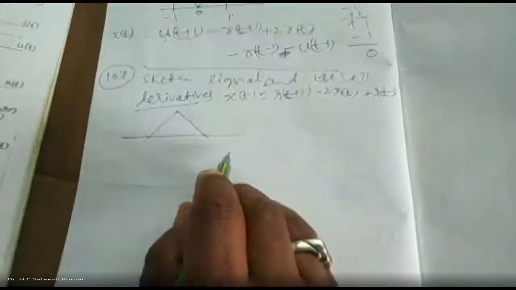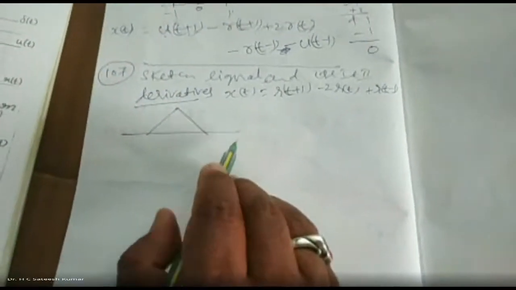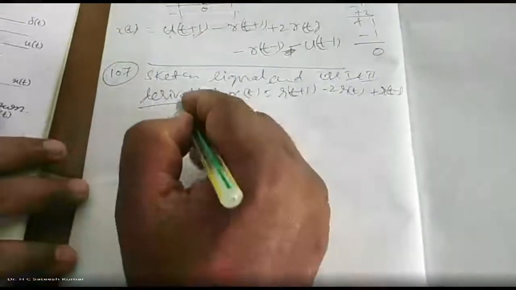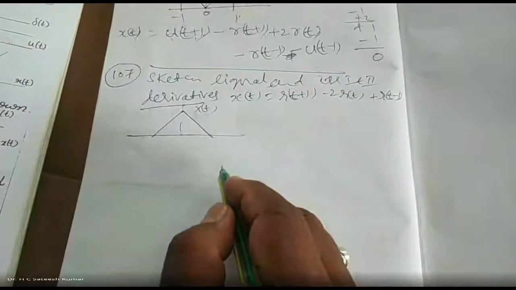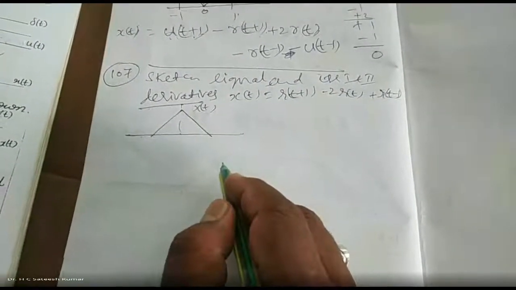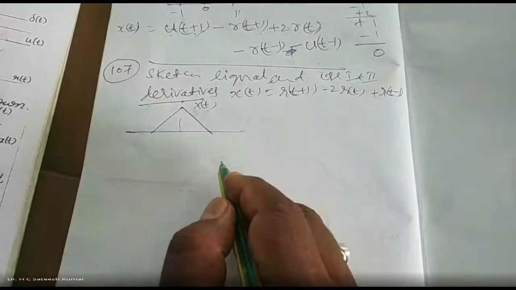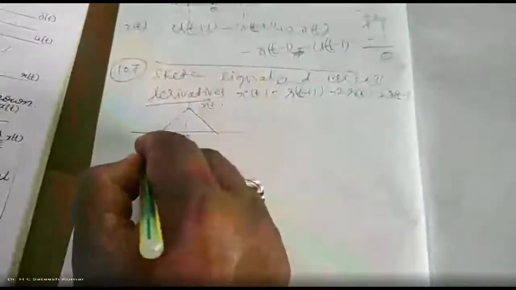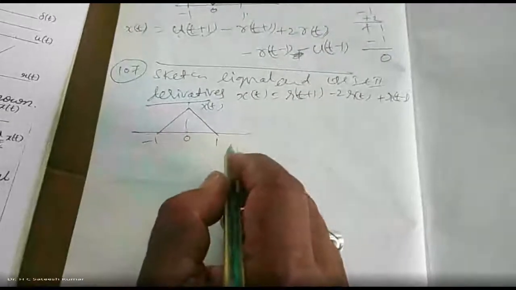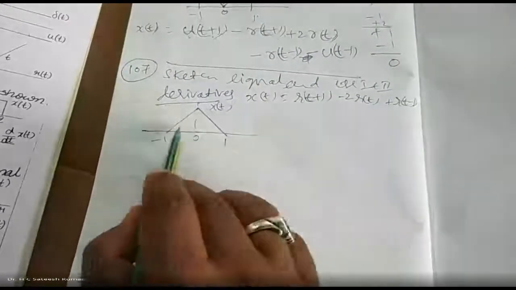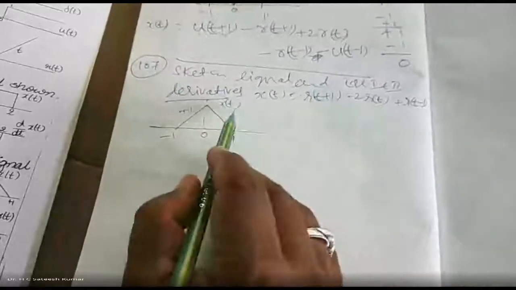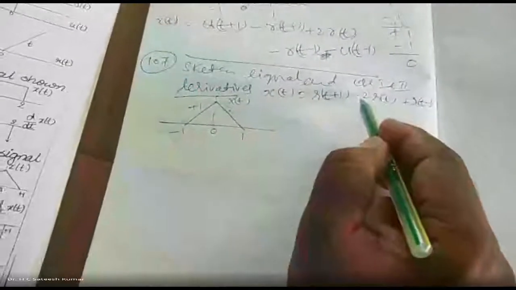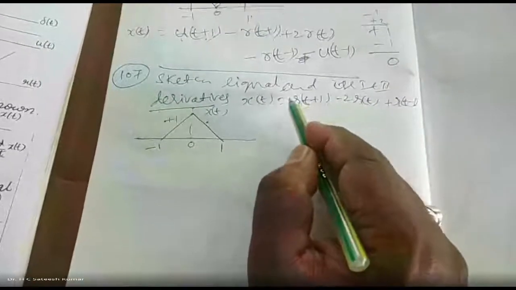So this one I'll do in both methods. First you sketch the signal, this is your signal, and then the first derivative, then the second derivative. I'll do it with both the graphical method and the equation method, and we can cross-verify the answer also. That is one beautiful problem I have. 0, minus 1, plus 1. I already sketched it. Starting from minus 1, the slope is plus 1, therefore it has gone up like this. Next, at 0, subtract 2.